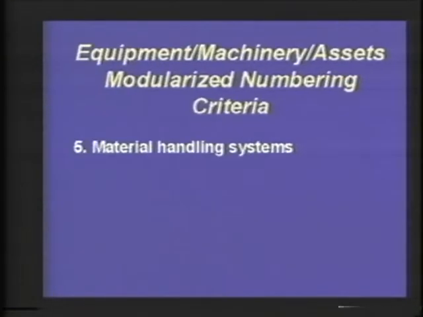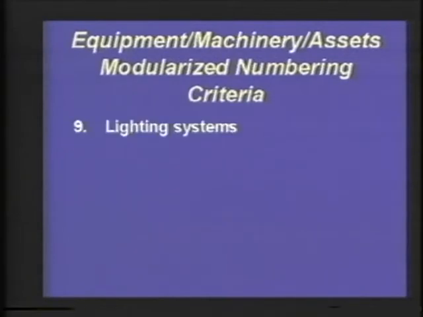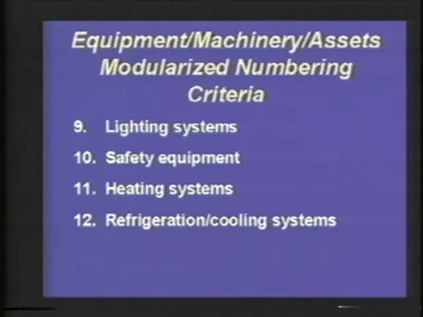Item 5 would be material handling systems within an organization, such as monorail systems or overhead conveyors or other conveying type systems. We would have the robotic systems, and 7 is fire protection systems. 8 would be the water lines pertaining to operational requirements. 9 is the lighting systems. 10 is the safety systems, and 11 would be heating systems, and that's not to be commingled with item 12,